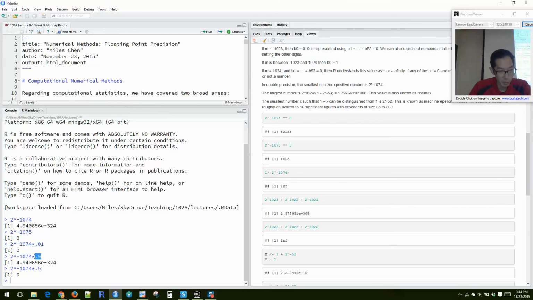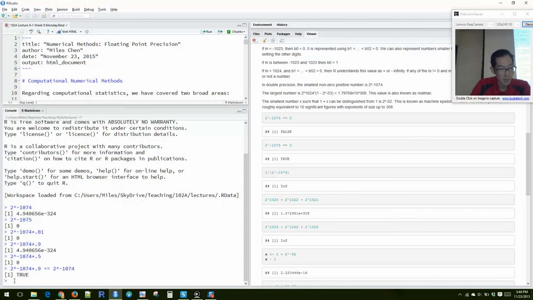And actually, when I multiply it times 0.9, because of rounding, it just says it's equal to this. Okay, so I could say, is this equal to 2 raised to the negative 1074? And it says yes. Okay, even though mathematically we know this times 0.9 is not equal to this,